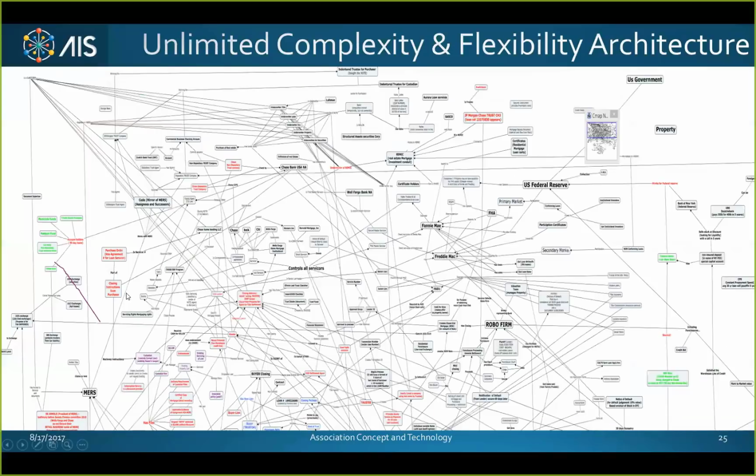So this is an example of a project that I did a couple of years ago, working with a friend of mine for the home mortgage mess. We actually went in and deciphered the entire mortgage banking industry in the United States. This is what it looks like, which is really hysterical when you consider that the person actually signing the mortgage is the 2, 3, or 4 blue items at the bottom over here. The rest of this is the banking system to support that signature, which I find hysterical.